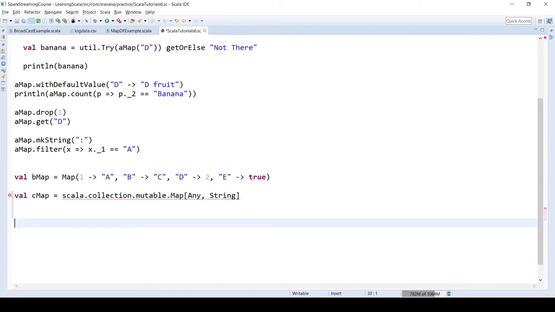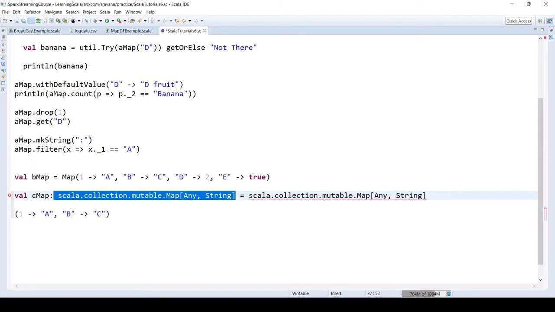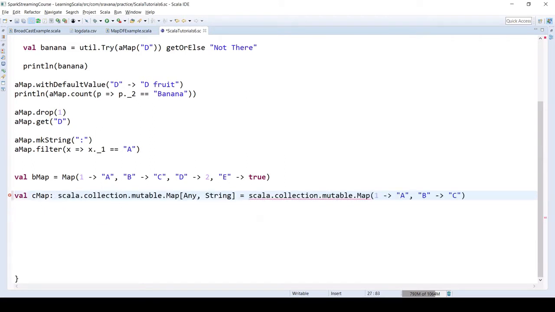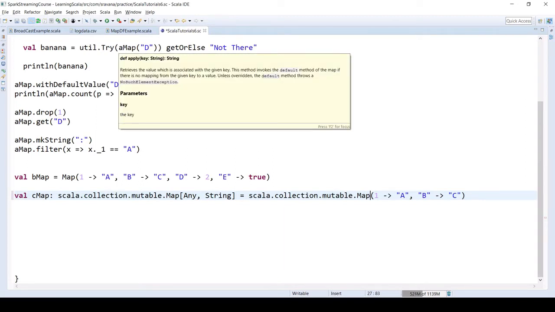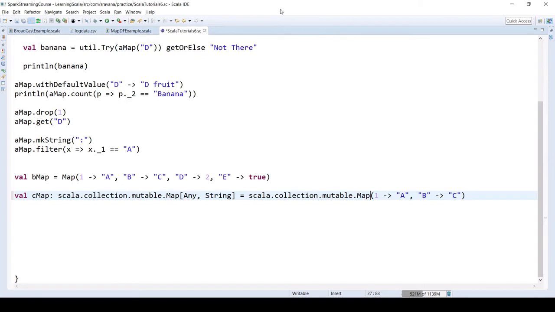So this is how you can create a mutable map. This one is clear, right? Till here, mutable map, it is clear, right? So this is how we can use both types, immutable and mutable maps. And this is how we can create an empty map.